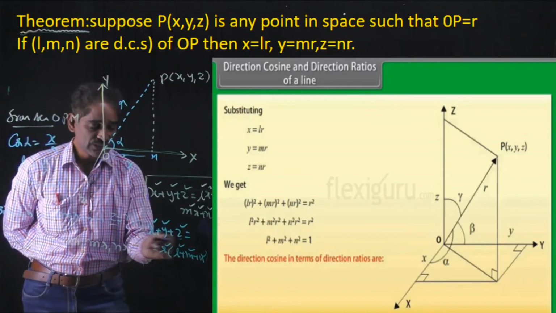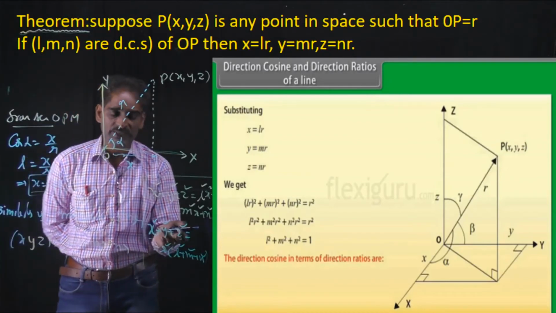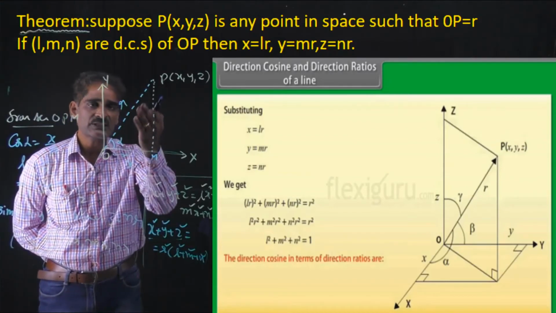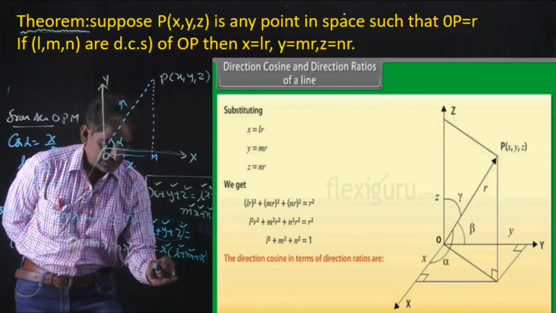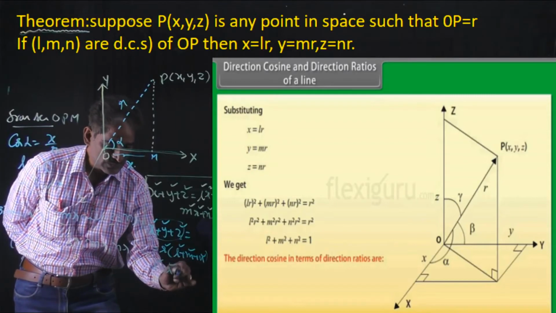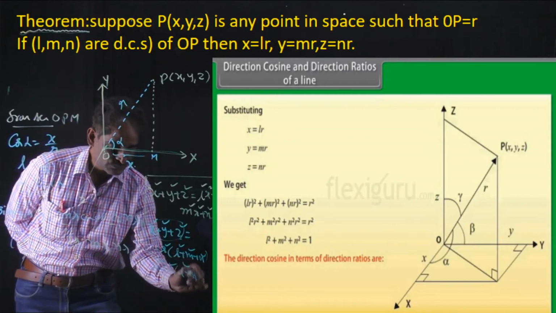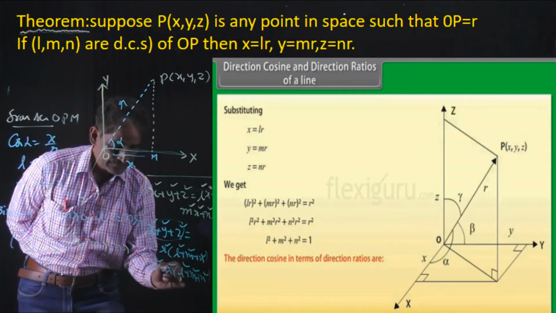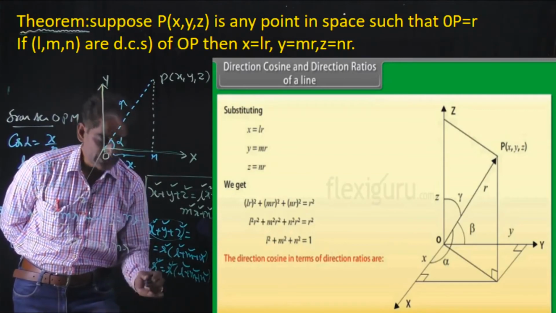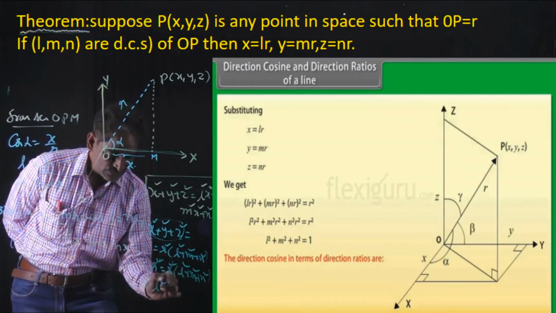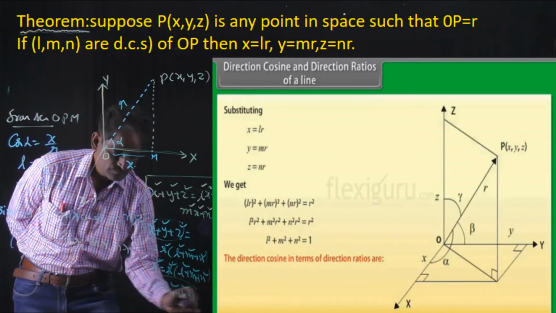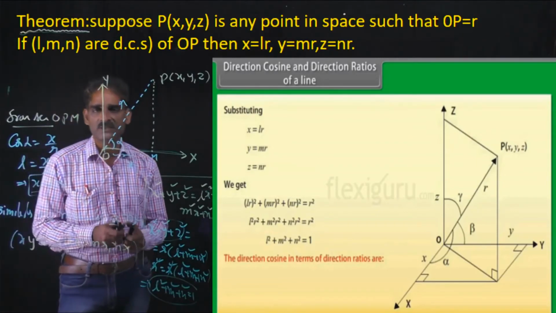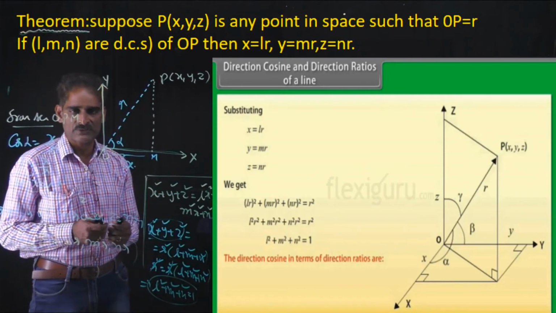So this is nothing but the distance from origin to the point x, y, z. Already that is nothing but r. So this is simply r square. r square equal to r square into l square plus m square plus n square. So these two get cancelled. Then we will get l square plus m square plus n square is equal to 1. This is the best result, a very, very important result.